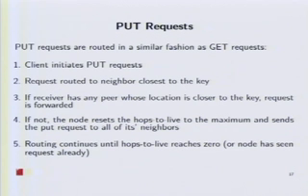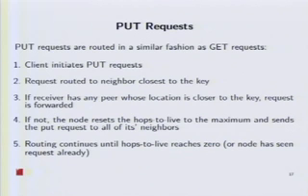So this is how put requests work. Basically, they're really similar to GET requests. The client initiates the put request, or an insert, and routes to its nearest neighbor. The neighbor checks whether any of its peers have a closer location than it does to the key, and if so, it forwards it to that peer. And if it is the closest peer out of all of its other neighbors, it resets the HTL to its maximum and then forwards the request out to all of its peers.